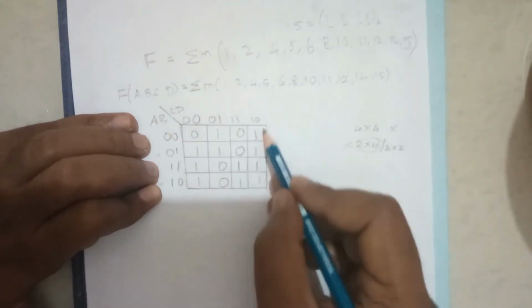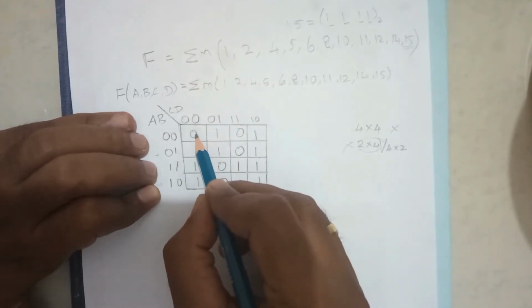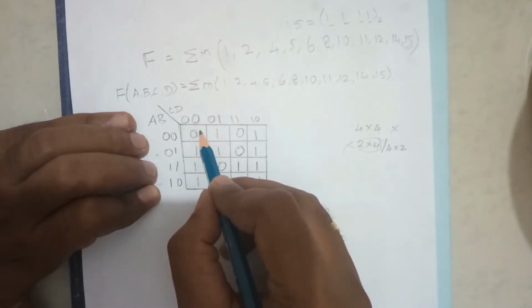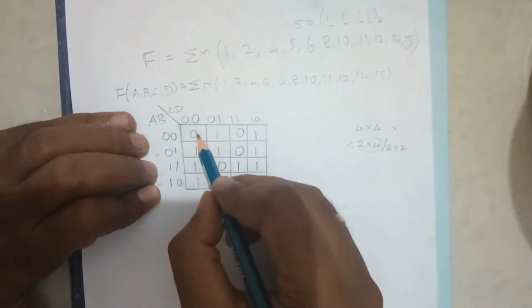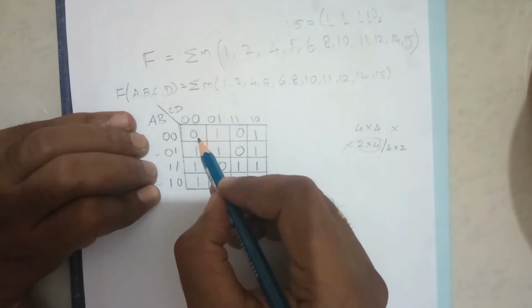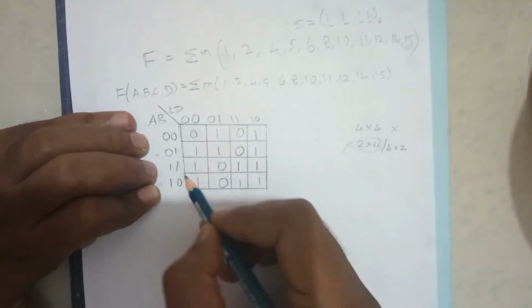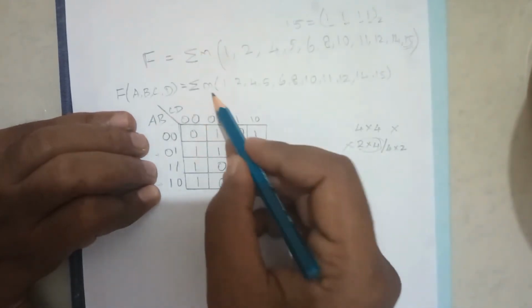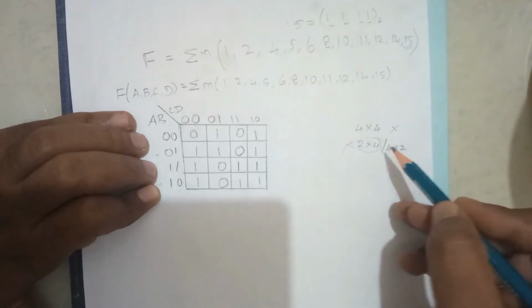So I can't group this and this also. If instead this particular cell had the value 1, that is, if I had min term 0 in this function and substituted the value 1, then I could group like this, okay. But for this particular scenario of the given function, I can't group 2 rows or 4 rows with 2